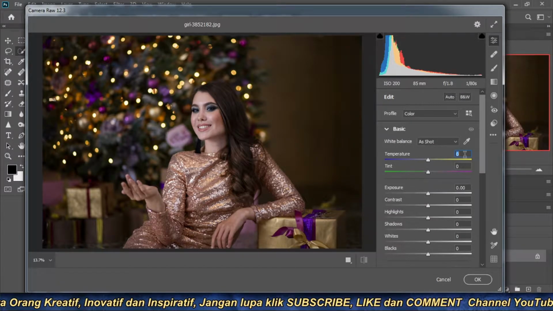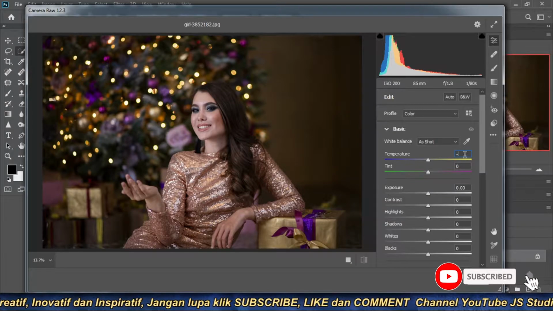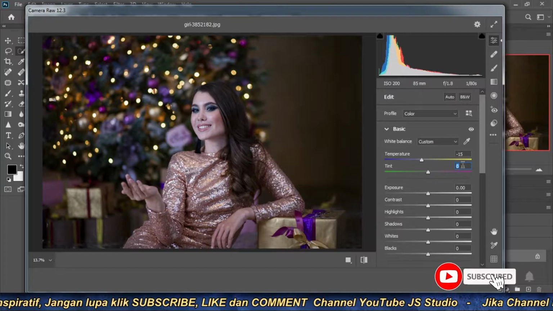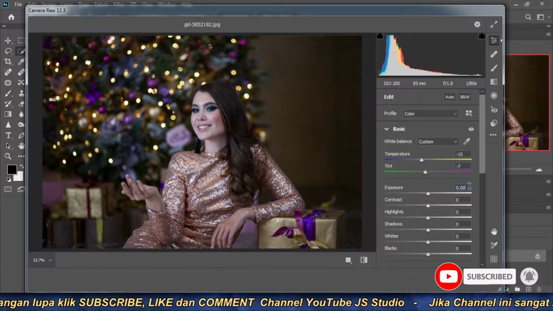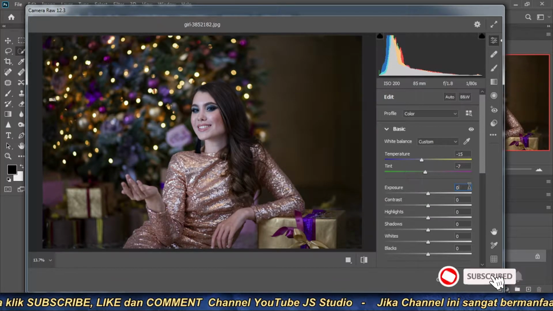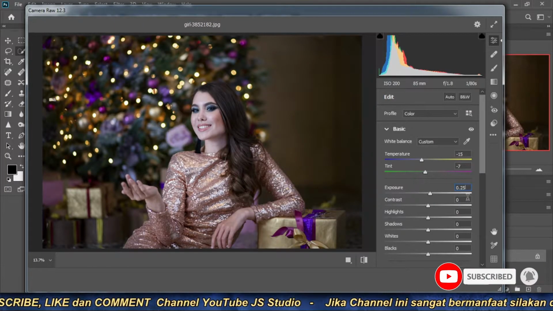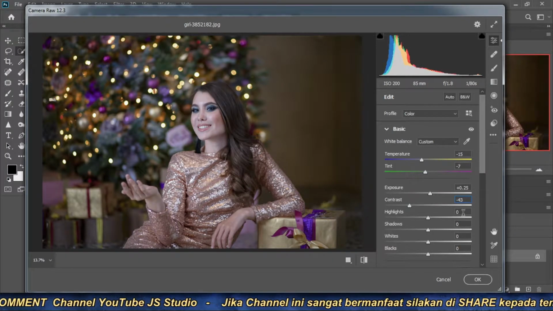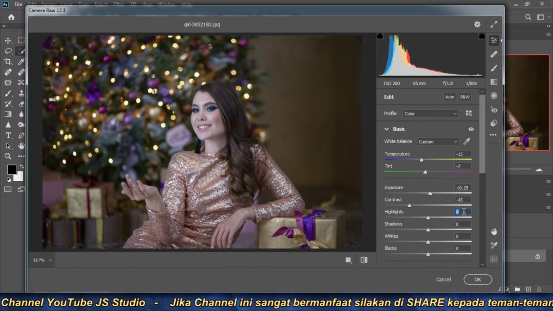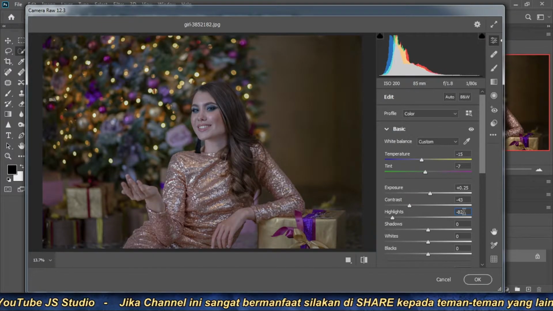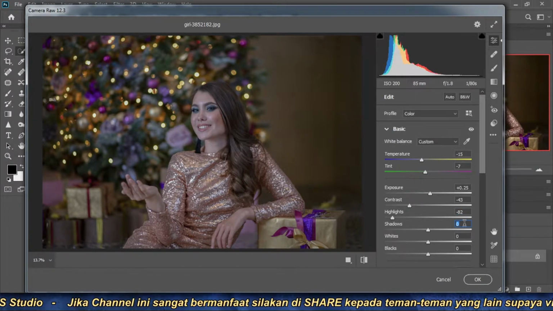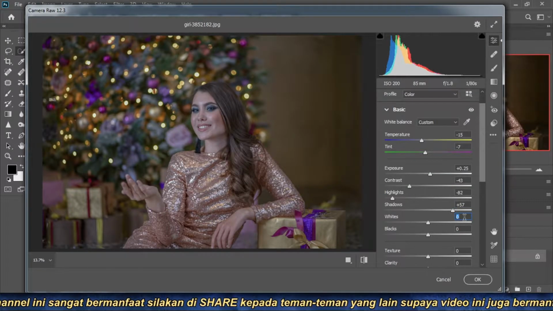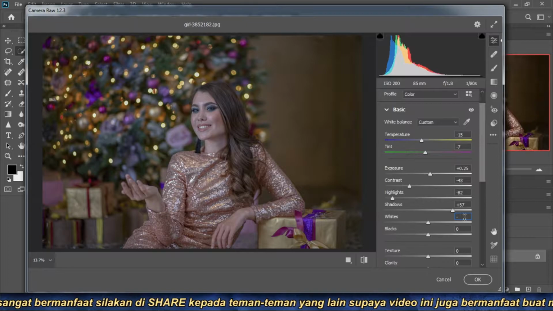For temperature, I set it -15, tint is -7, exposure 0.25, contrast is -43, highlight is -82, shadow is 57, and white is -78,